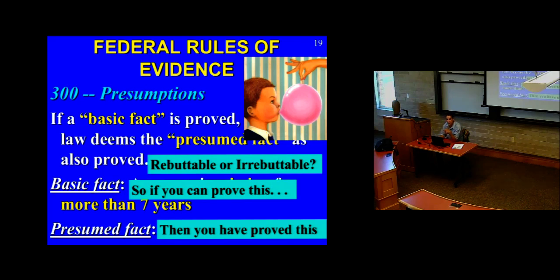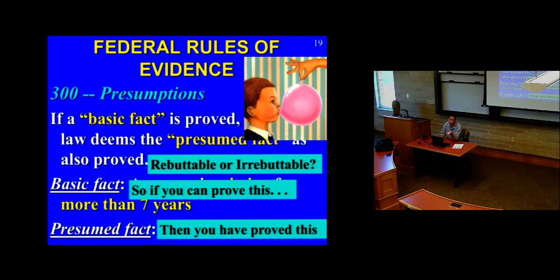But if the other side proves that they are alive and they're no longer missing, then of course that presumption should burst. An irrebuttable presumption would be that someone under the age of 7 years old cannot form the criminal intent to commit murder. So if a 5-year-old got a gun and got angry and shot someone, we wouldn't go after them for murder as an adult because the presumption would be